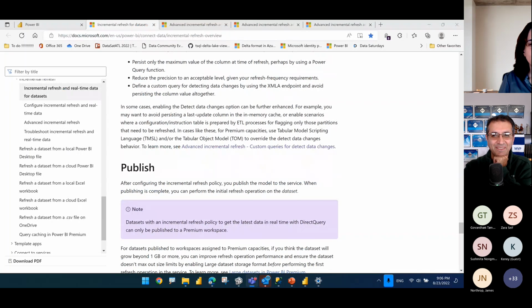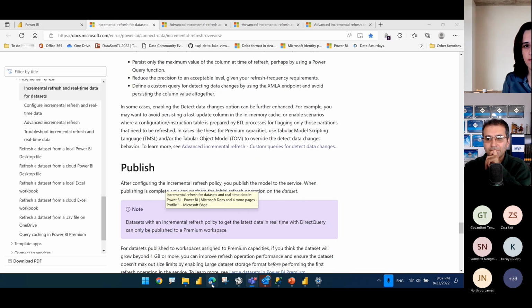If you have an incremental refresh schedule set up, because sometimes historical records can be adjusted, is there a way to set up a less frequent schedule, so once a month or once a week, to do a full refresh without having to go in there and do it manually? I don't think you can do it from the Power BI service, from the scheduled refreshes. I don't think there is a way for one data set to define two different refresh policies. So you have to use maybe Power Automate or the REST APIs to create your other schedule.